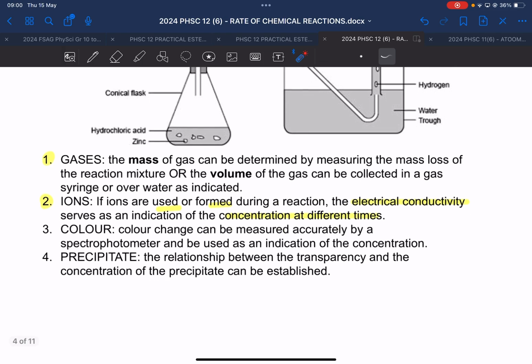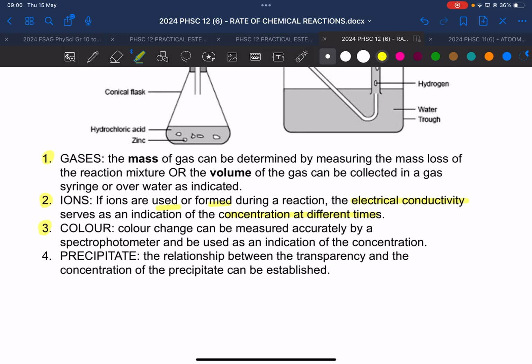Right, the next one is color. Now this is not that easy or accurate actually. If you look at color, it says color change can be measured accurately by a